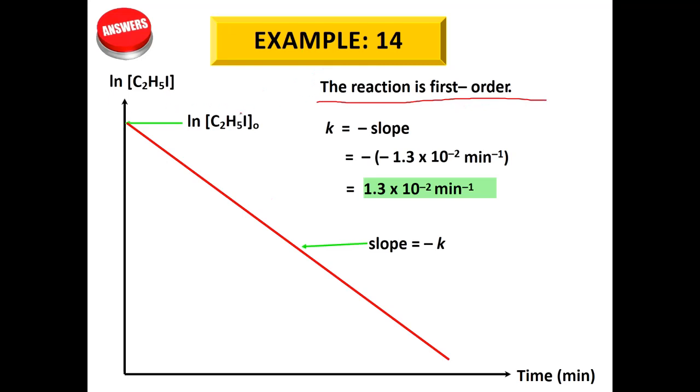Okay, first order. The k is your negative slope here. So you can find out the k. The slope is negative k. So how are you going to get the k? By using y is equal to mx plus c. The slope is k. The slope is m here.